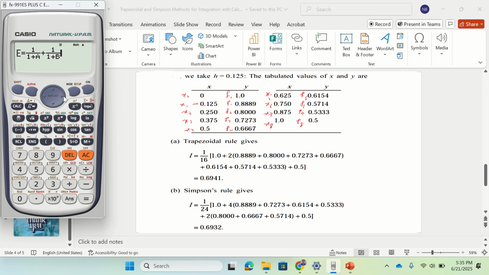We first find that, then a separator, and then we go for F. So my F will be, again the concept is the same, F is equal to F, and then we say plus. So we'll be using two terms here. In the previous case, in the trapezoidal rule, we simply took 2 divided by 1 plus x. But now we are using two different multiples, so I'll be using x here and y here, where x will be taking the value at odd position, whereas y will be taking the value at the even position. So we can take two values of the function,